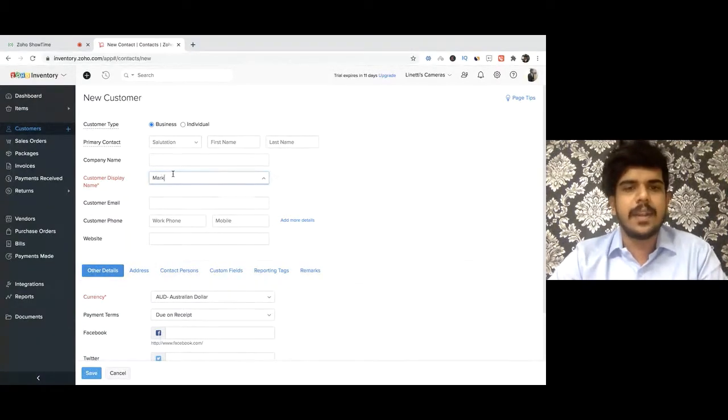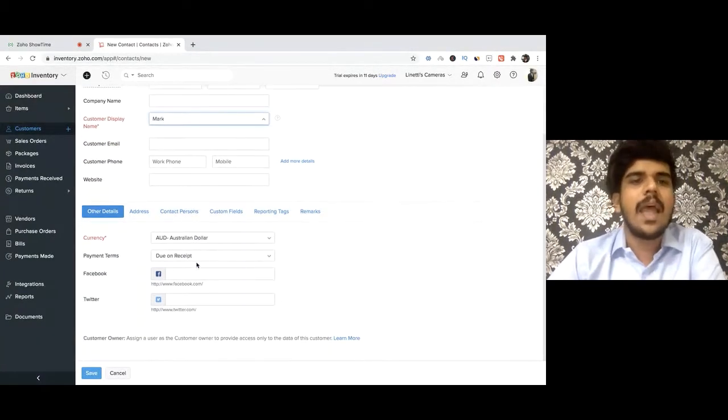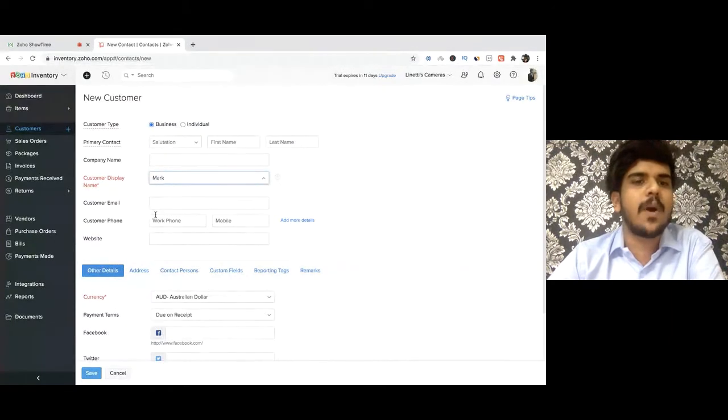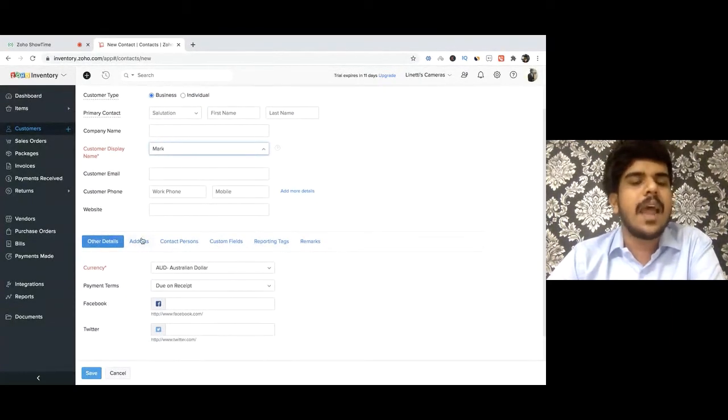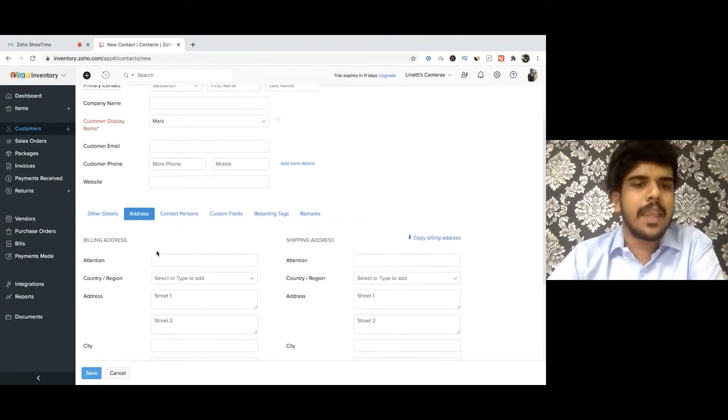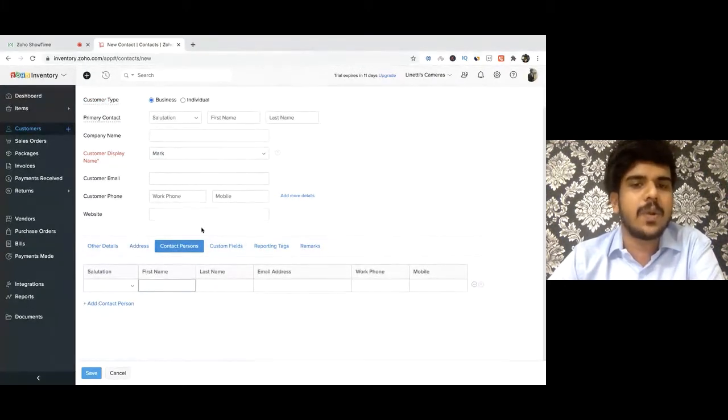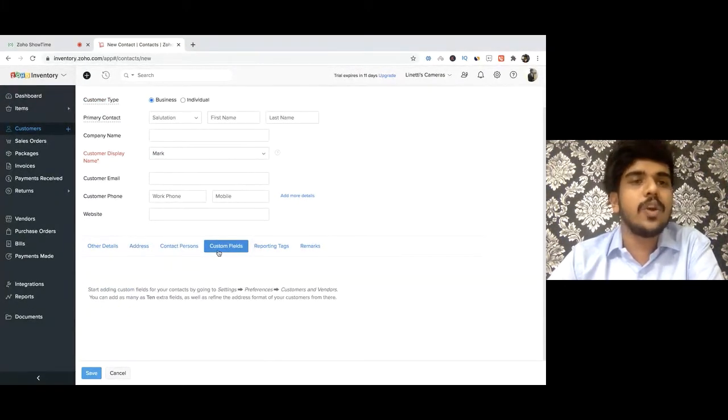Populate the customer name. And you will have to, of course, populate all the mandatory fields. And you also have the option to keep track of the address of the contact that you're trying to create, and contact persons related to this particular customer contact. If you want to capture additional information about this particular contact, you can also create custom